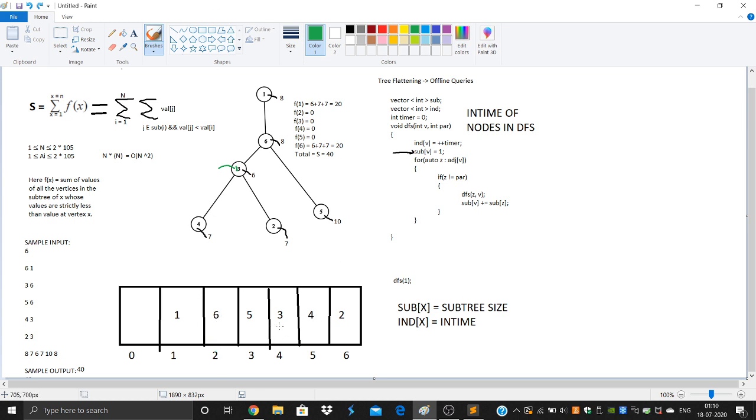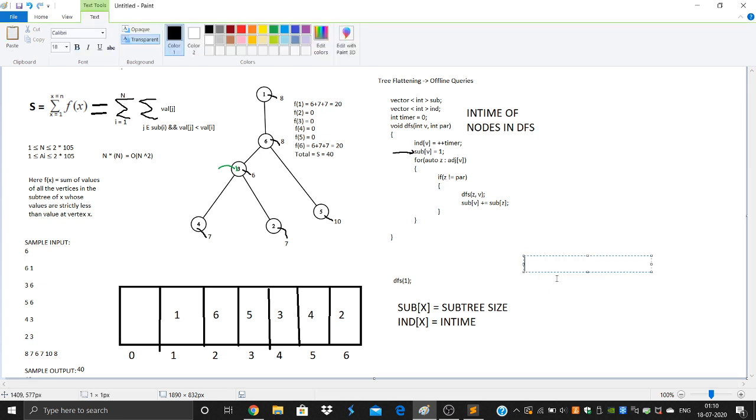You can see, in time is 4. Also the subtree size of 3 is equal to 3. What is SUB of 3 minus 1? That's pretty simple. It's 2, right?